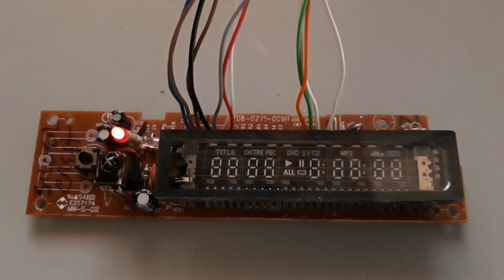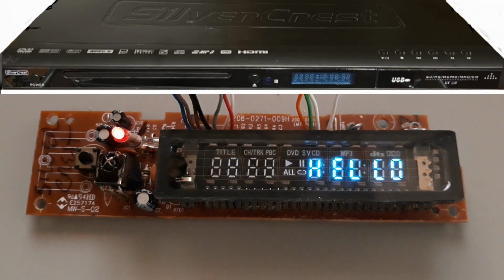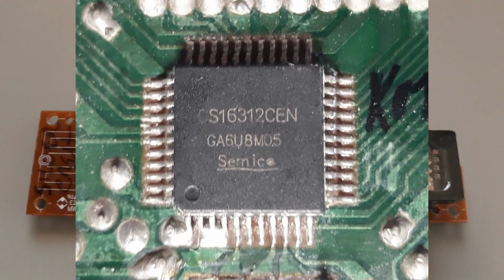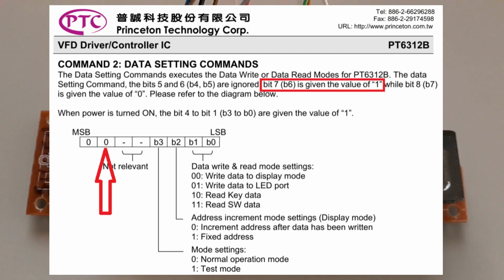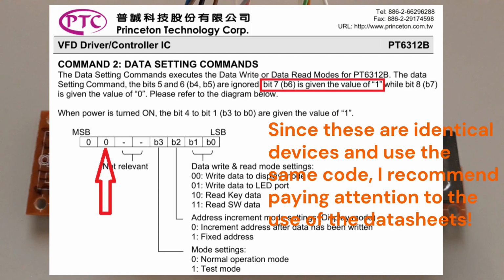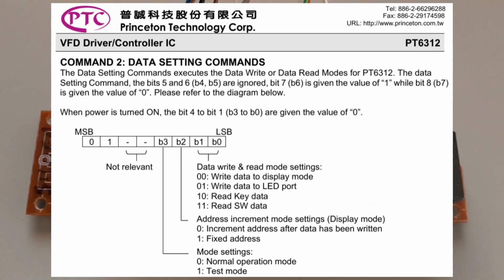Hi folks, today we are adding another panel to our list. This panel belongs to a Silvercrest DVD player and uses a silent Semico VFD driver reference CS16312. We have already covered this driver and other equivalents such as the PT6312, but there is always a new tip, and today I'm going to highlight a small flaw that can result in wasted time when reading datasheets